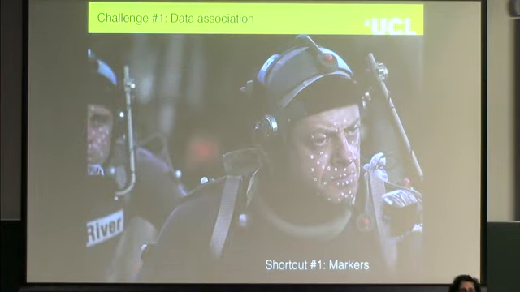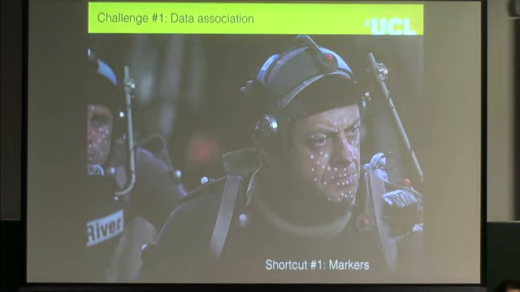So the first challenge that we have in non-rigid reconstruction is of course data association. So we need to find correspondences. We need to match points that correspond to the same points in the 3D surface across all the views. And the solution that the industry has found so far is of course to put markers. Obviously putting markers is a great solution for them, but it's very impractical for the actors. And if we want to take this into the wild and give people mobile phones and the ability to reconstruct,